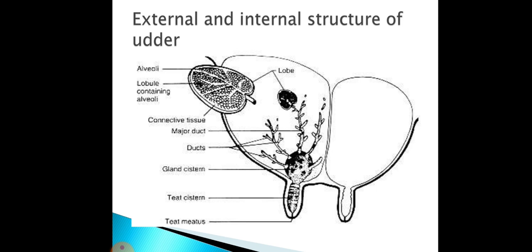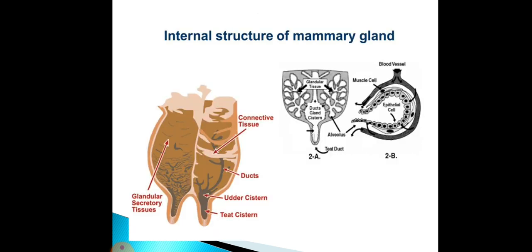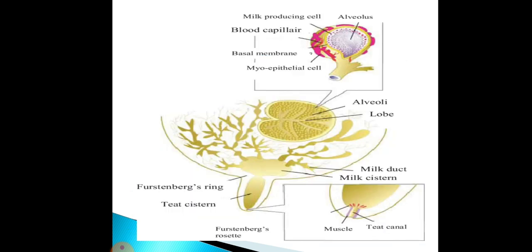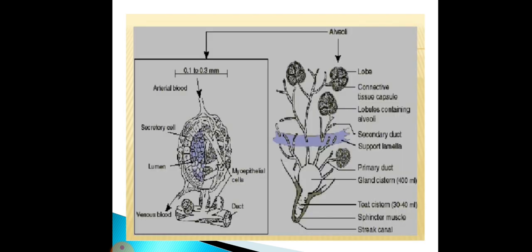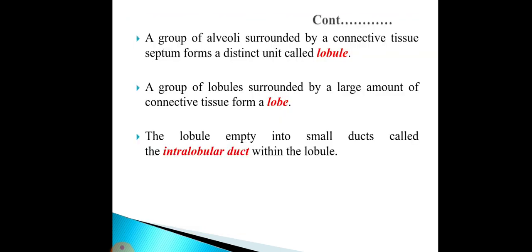Then we have seen the alveoli, what is the lobule, what are the ducts, major ducts, connective tissue, gland systems, teat systems and teat meatus. Then we have seen the internal structure of the mammary gland. In that we have seen the glandular secretory tissues, connective tissues, ducts, gland systems, teat systems. And then we will see in detail the function of each